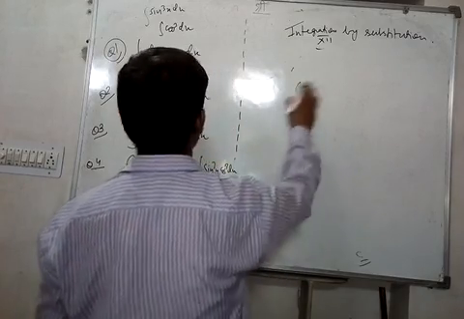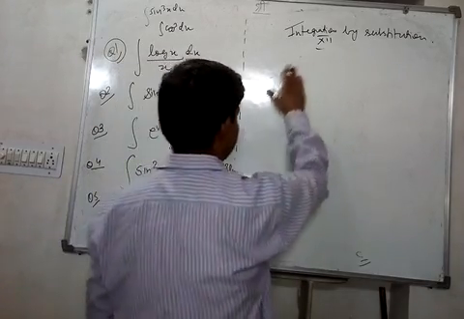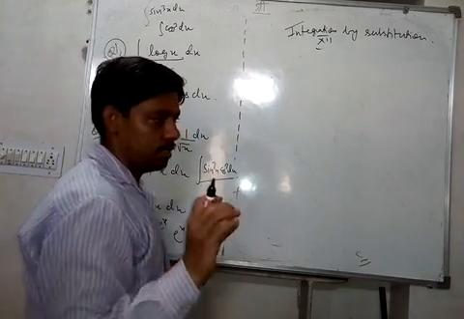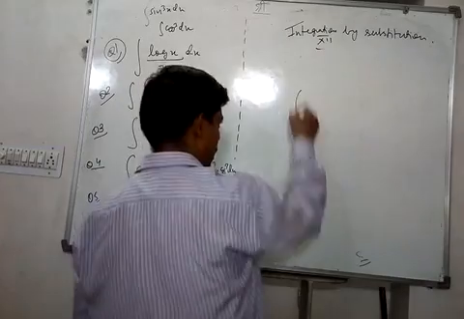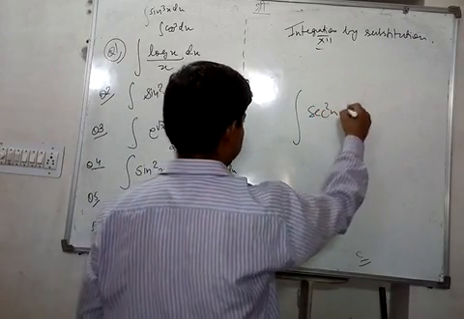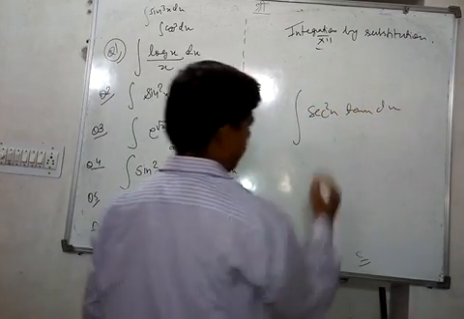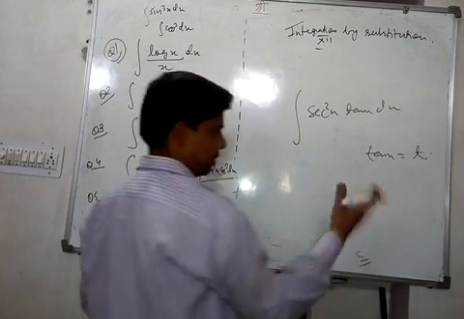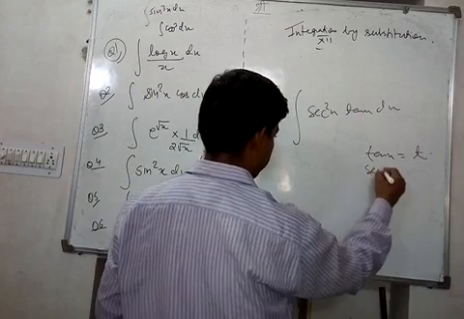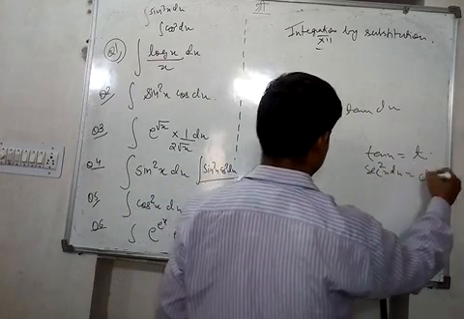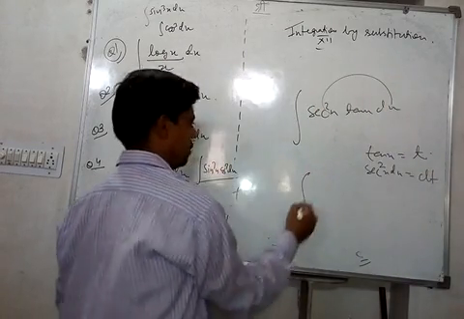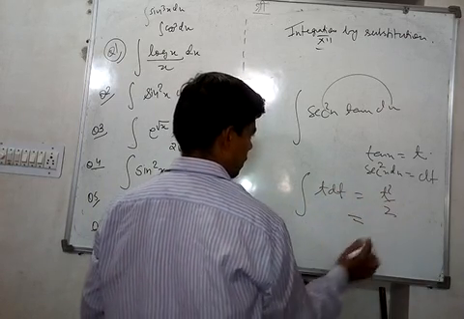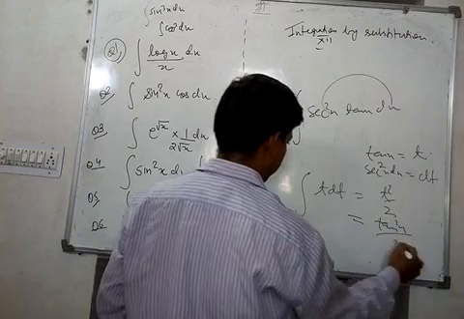Suppose we have, so this is all about substitution. So you will have to use substitution at various stages. Okay. You should know what is the differentiation of that function. Suppose this is sec square x tan x dx. How will you integrate this? tan x is t. So tan x is t means the differentiation is sec square x dx is dt. This is dt. So you get t dt. That is t square by 2. That is tan square x by 2.